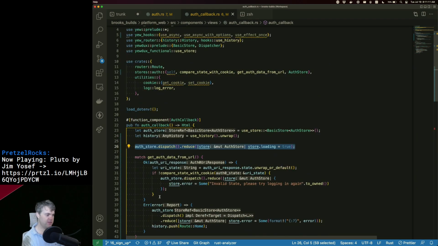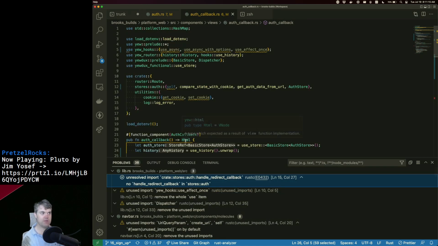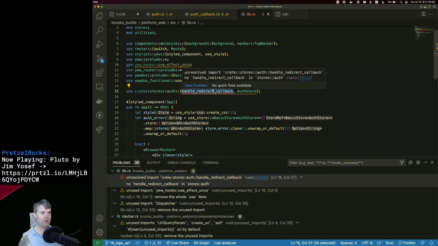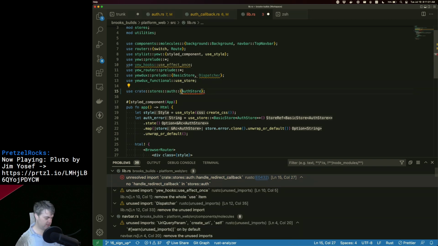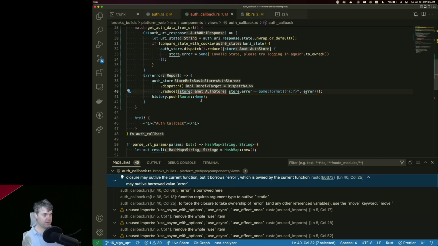Where's this other error too? Right, that was in main library. Closure may outlive the current function, but it borrows error, which is owned by the current function. Oh, this error here.